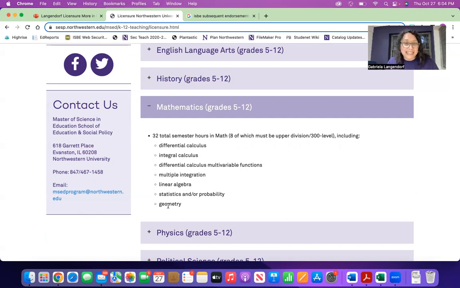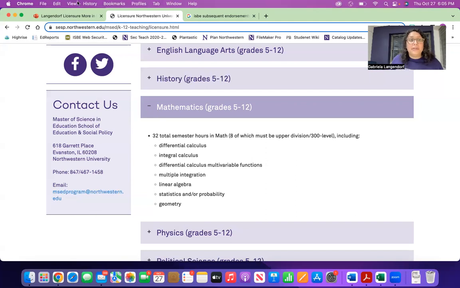Sometimes it's not always easy to see which courses meet the requirements based on the title, or even the course description that I find on the website of the institution that you took the course at. So it might be that I need to dig a little deeper, maybe ask for the syllabus. If you no longer have it, you can usually obtain it through the registrar's office at the institution you took that course at.